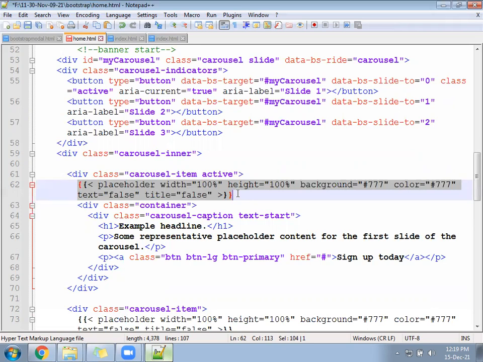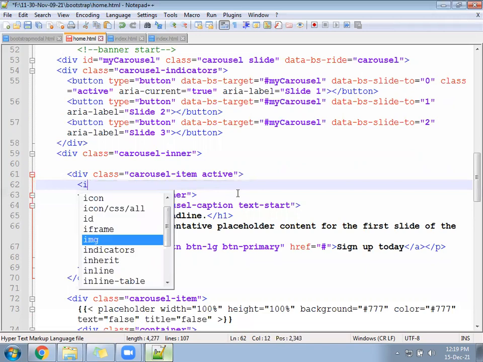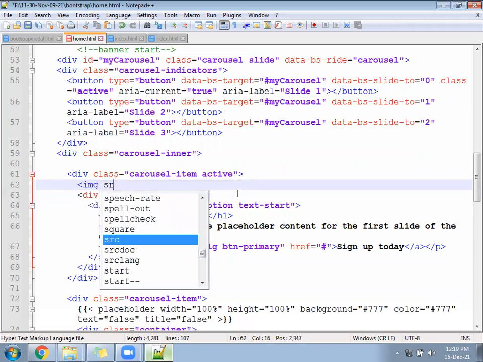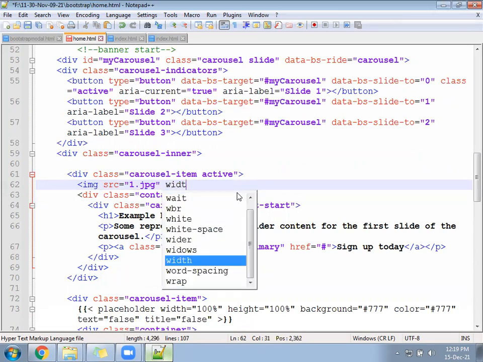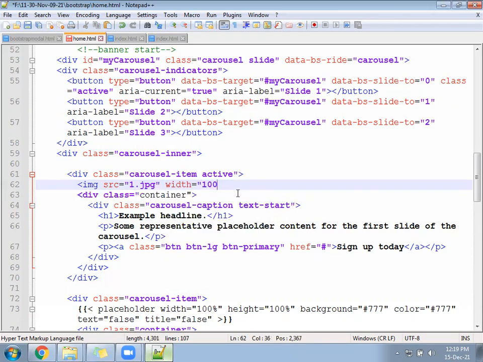So you will delete this first section in the first carousel item. Right there, img src equal to 1.jpg, and after that you write width of the photo 100%, and height of the photo somewhere 400, and you will repeat this in all three places.